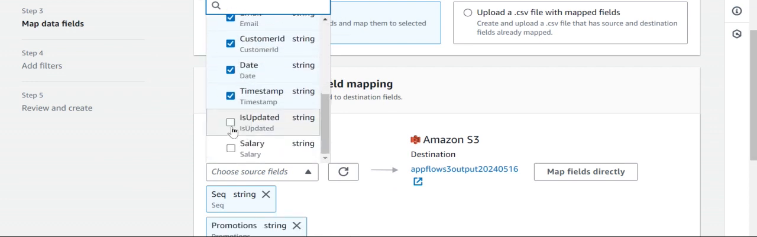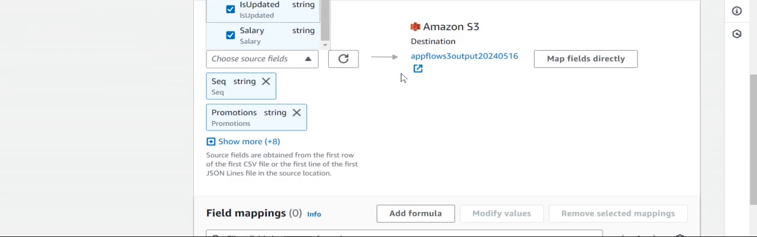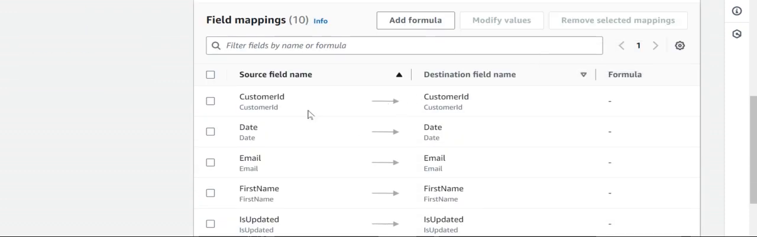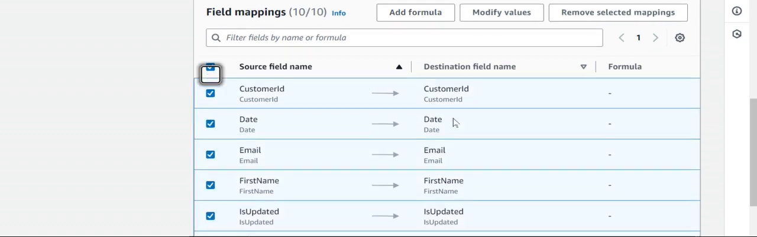See, it has detected it in the source, which means it has read my CSV file, and now I will say map fields directly. So it has mapped the fields directly. If you want to add any formula, you can do that. Now I want to